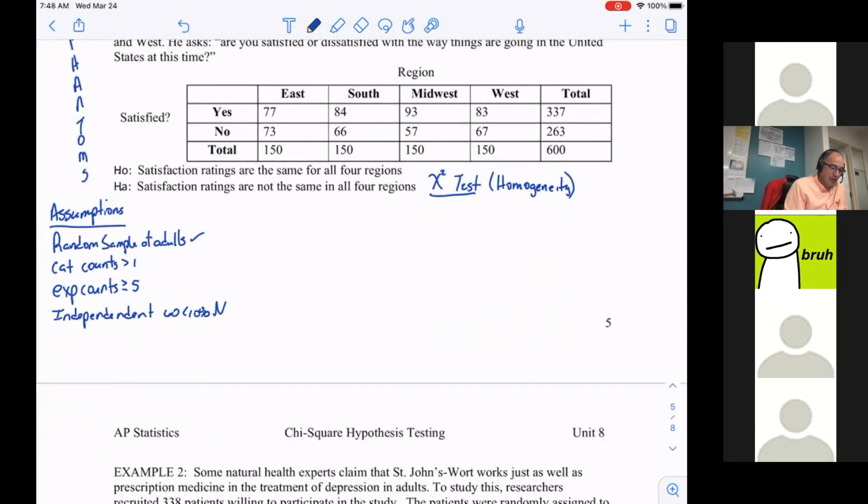Okay. All right, so we're doing this chi-squared test of homogeneity. We need to test it on some type of alpha level. We'll call it 0.05. Okay, so I think we're ready to go about doing it on our calculator, because our calculator is going to do all the heavy lifting on this one. Okay, so before we get there, though, let's talk about how I am going to find